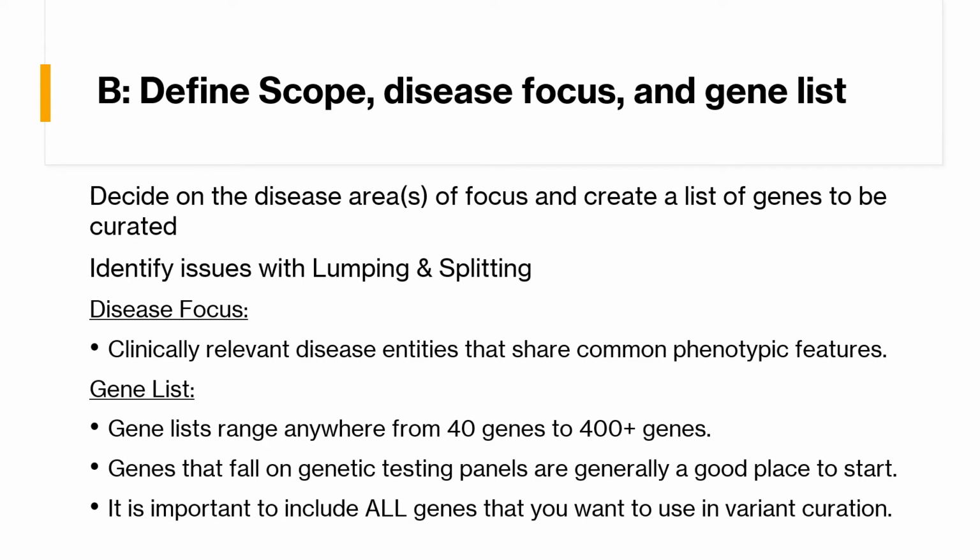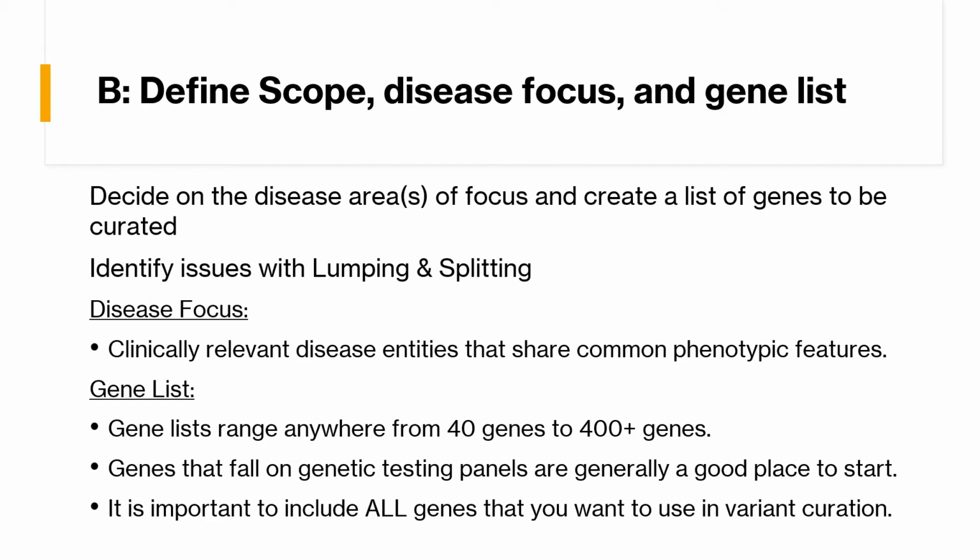Once GCEP membership is established, the next stage is to decide on the scope of work of the GCEP, which includes defining the disease area or areas of focus and developing the gene lists being addressed. Gene lists vary widely, but generally speaking, starting with lists of genes that fall on genetic testing panels is a good place to start. It is expected that the GCEP will utilize ClinGen lumping and splitting guidance during pre-curation, which